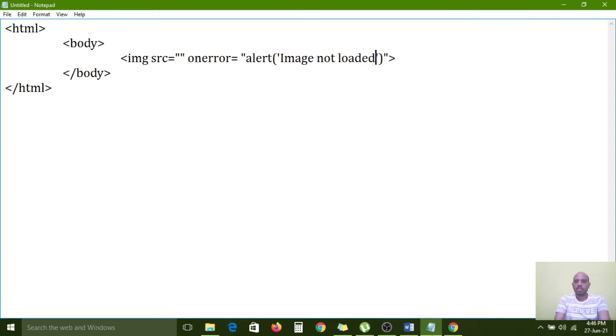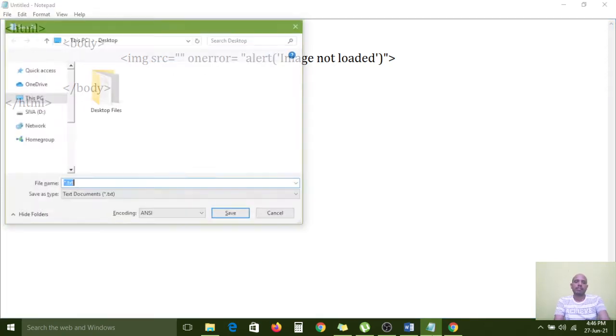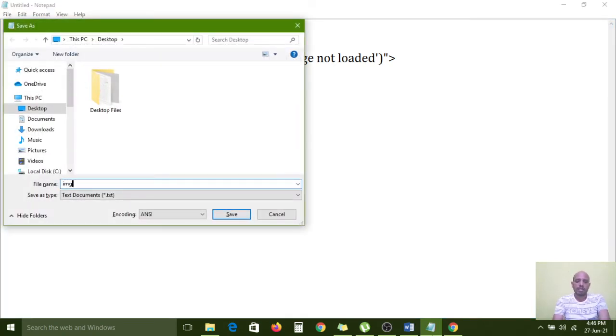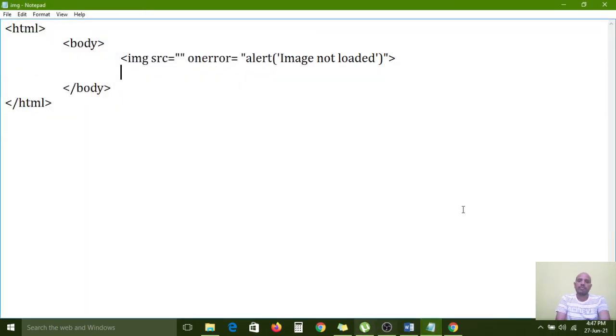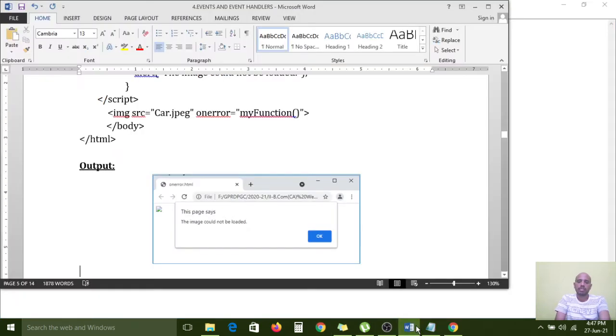That message I am showing, I am assigning it with the alert prompt, the alert window. Then the complete syntax I have assigned with on error, right? Now I am saving this one as img.html. Save as type is all files.